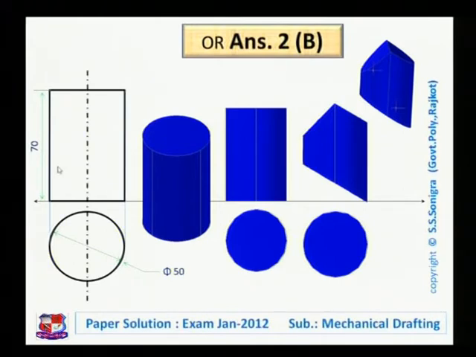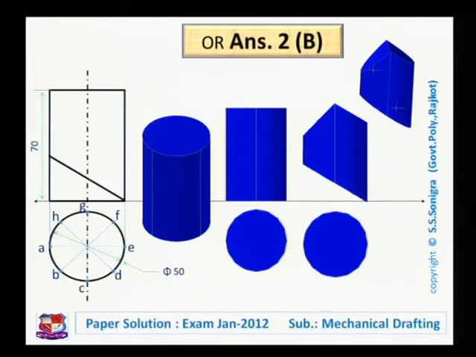Draw its axis through the center of this circle, and then divide this circle into equal number of parts. Say we have divided it into 8 equal parts like this. Name the points A, B, C, D, E, F, G and H. So these are the points on the periphery, and imaginary generators are drawn over the outer surface of the cylinder.